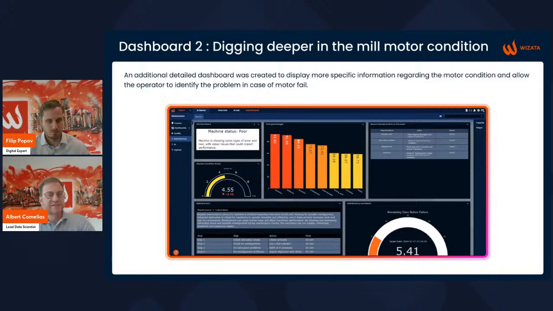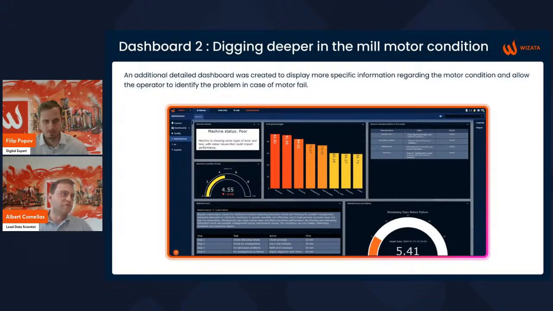We have this bar chart with the likelihood of the different failure modes. So what is the failure mode more likely to be happening now that makes the motor unhealthy? And we also see some recommendations, some actions to take to mitigate this problem.